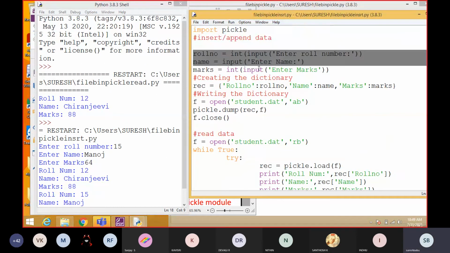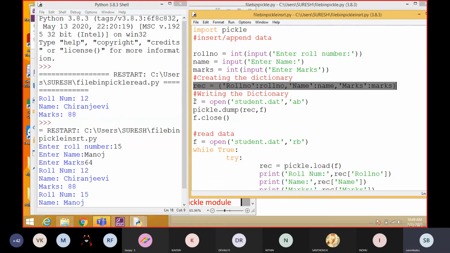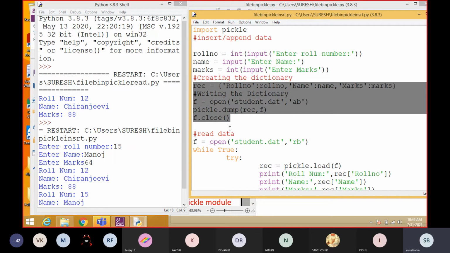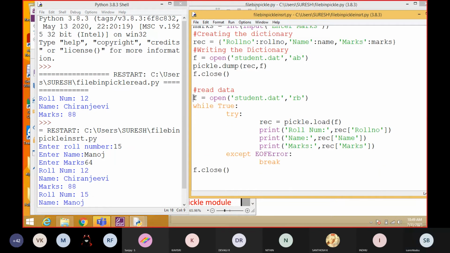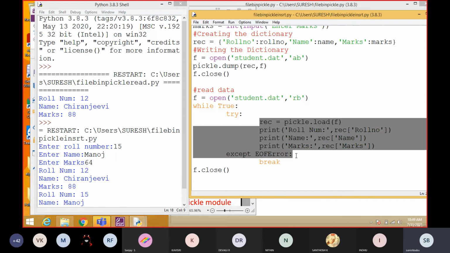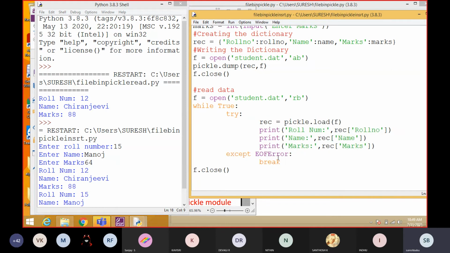Very simple. Okay, don't confuse. You have to create a dictionary, and we are just opening the file, and dump is used to write the content into the file. So only 3 or 4 lines are enough for the program. Then reading the data through the while loop. We have to read all the data, so we have to use the looping function to read one by one, until it is true, it is going to read the data and display like this. Okay, understood everyone?